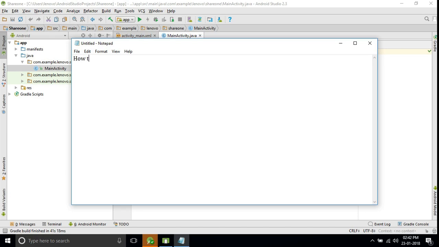Hello friends, in this video we will see how to store the data of your application. What are the possible ways to store the data of your application? What are the database options to store your application data? The first option is